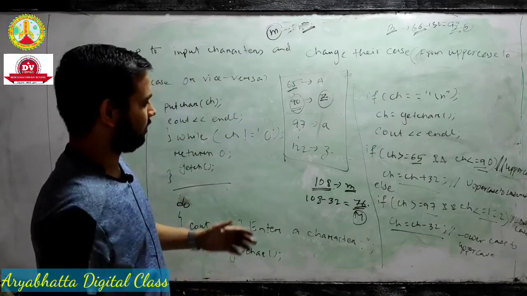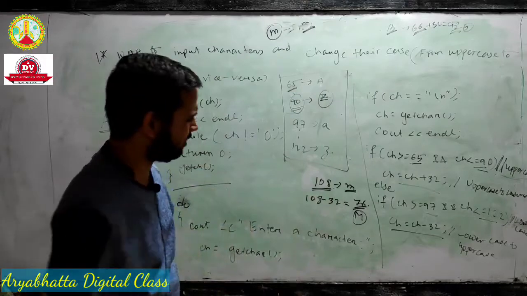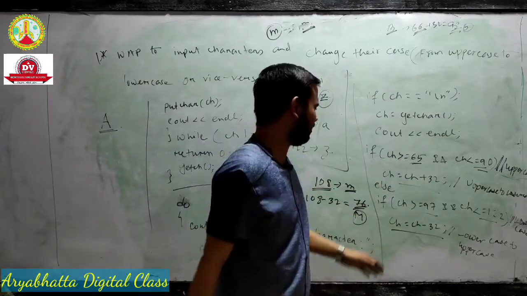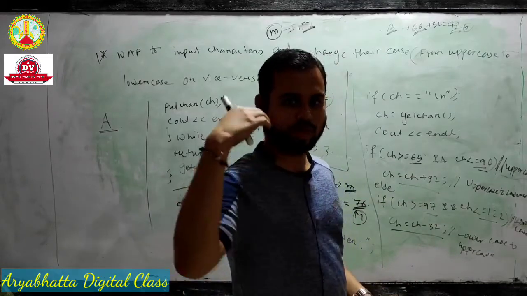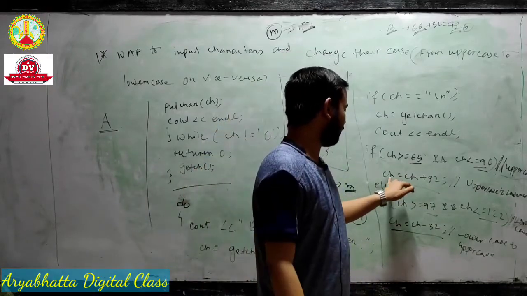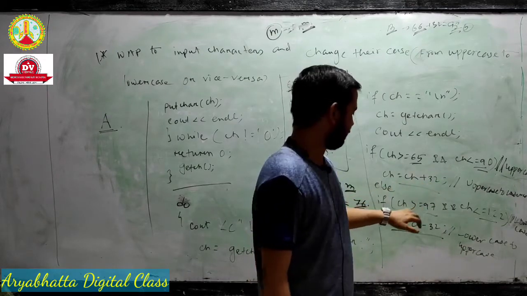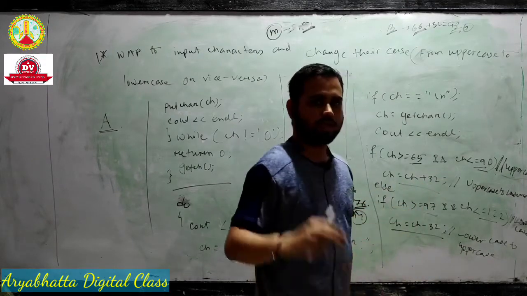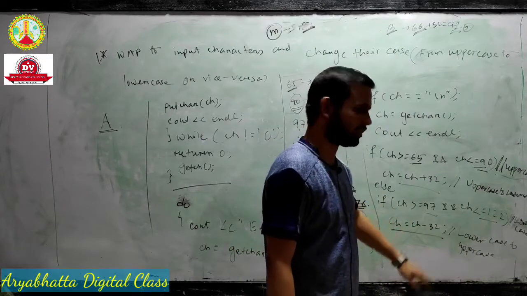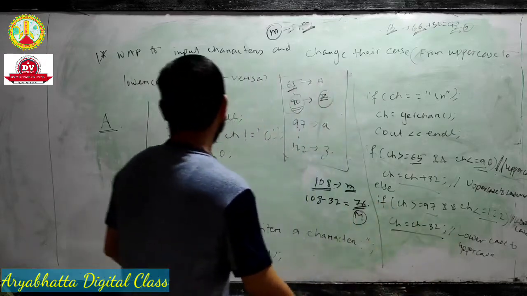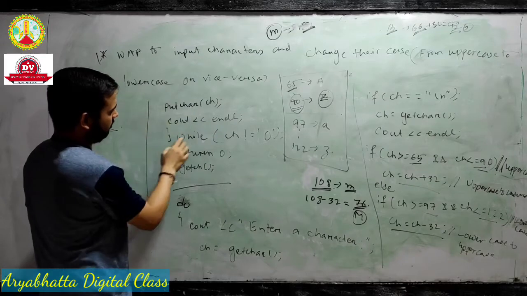Like that, a small letter is converted to a capital letter, or a capital letter to a small letter. This is just a simple formula. If your input is an uppercase letter, the formula is ch = ch + 32, where ch is the character variable. If your input is a small letter, keep this formula in mind: ch = ch - 32. And the last thing is putchar to output the character value.